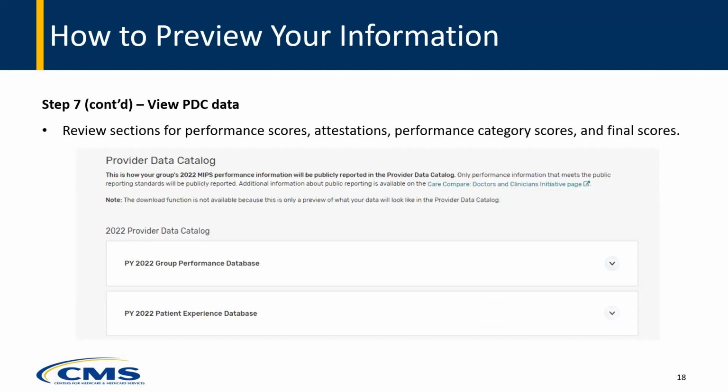On the PDC page, you'll see all of your performance information that will be publicly reported in the PDC. Only your or your group's information is displayed. We're often asked if the PDC information can be downloaded during the preview period. Because the information isn't yet publicly reported and this is intended only to be a preview, you can't download the dataset. We've heard this question in the past, so to emphasize, the performance information previewed on the PDC page isn't